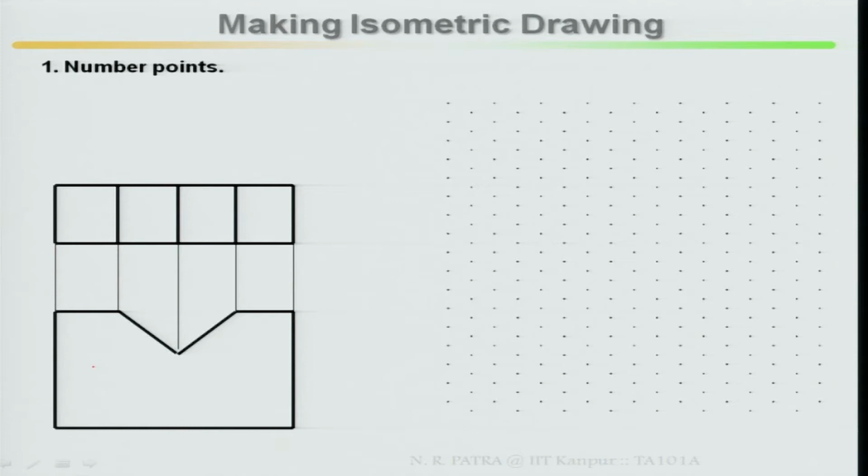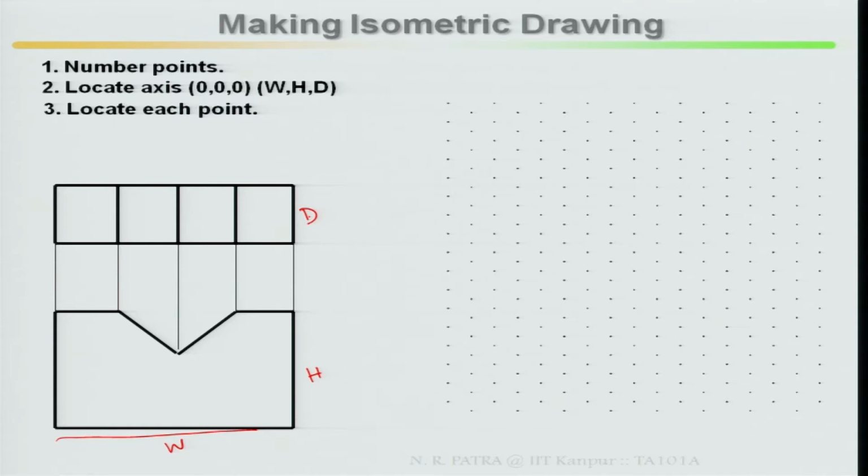This is a typical example where only the top view and front view have been given. So first you number your points. Second, locate the axes with respect to width, h is your height, d is equal to depth. If I take it, this is my width, this is height and this is your depth. Then locate each point